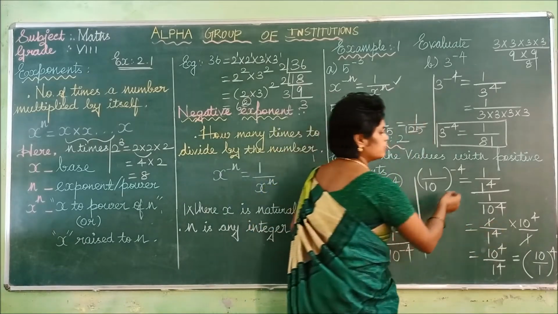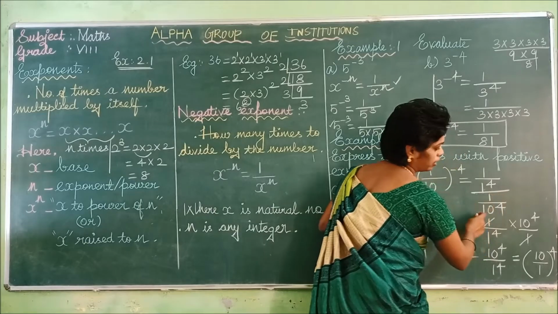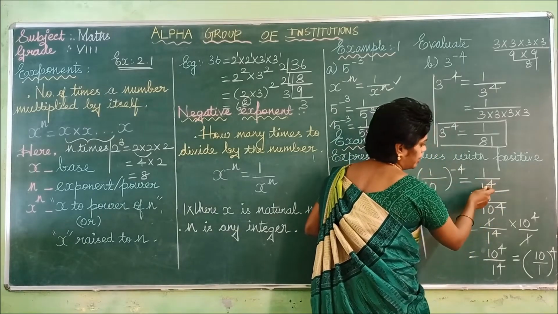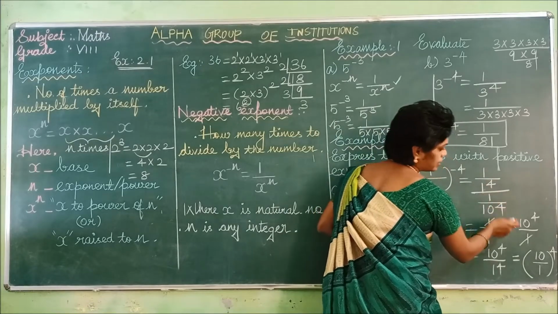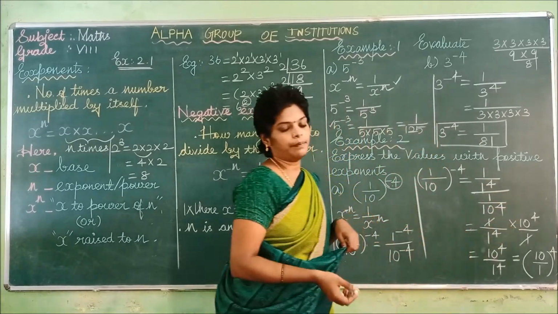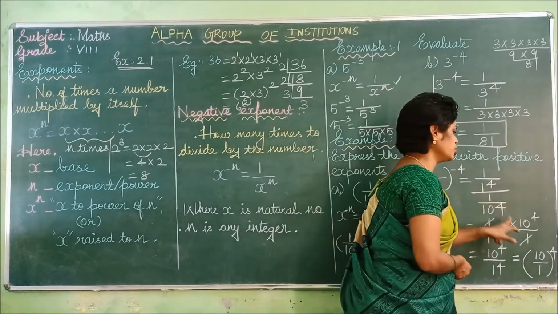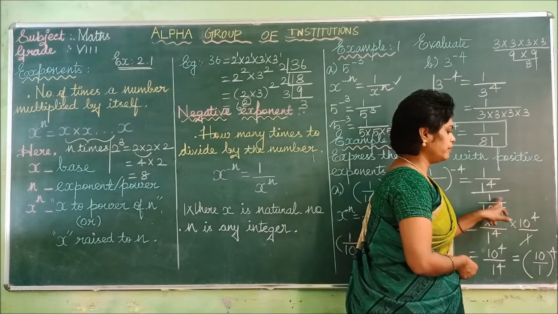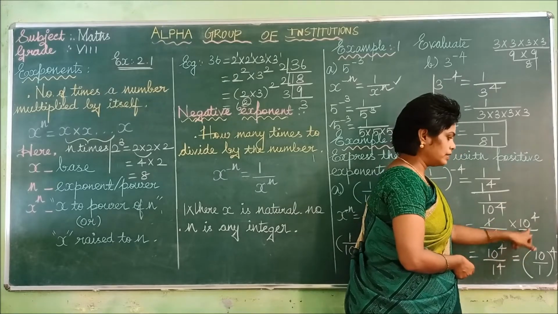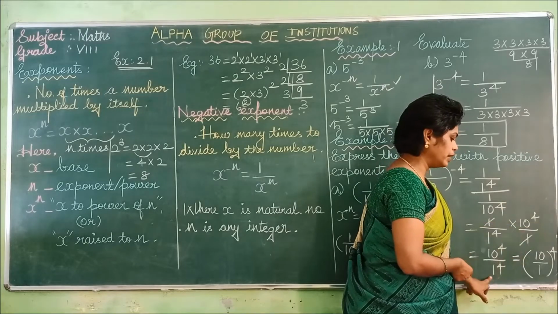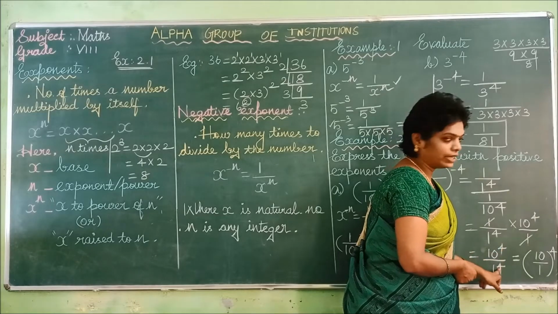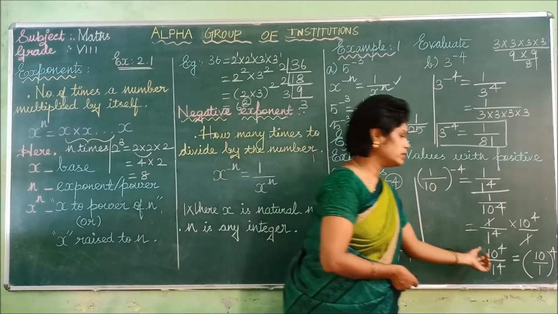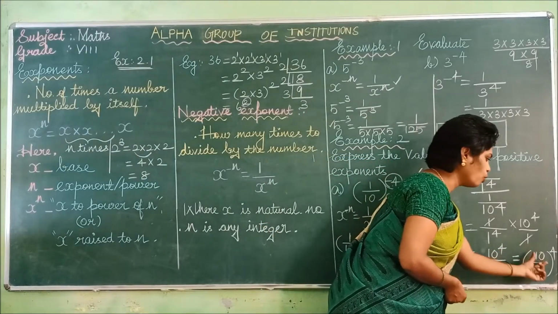Now check. This is a denominator, and again we have one other denominator. So you can rewrite 1 divided by 1 to the power 4. This gets the reciprocal. If you change the division symbol to multiplication, it will be a reciprocal. So 10 to the power 4 divided by 1. 1 and 1 get cancelled. What is the value? 10 to the power 4 divided by 1 to the power 4. Both have the same power, 4, so you can take the power outside. The value is 10 by 1 whole to the power 4.